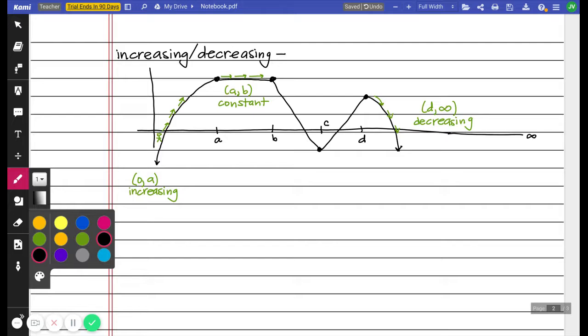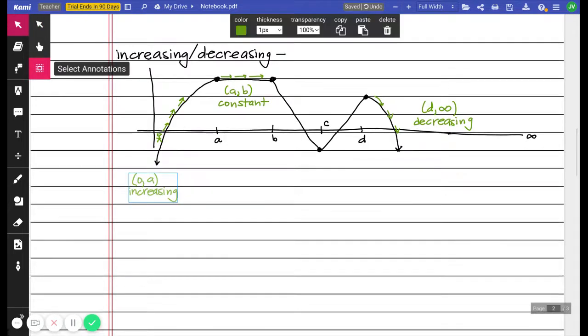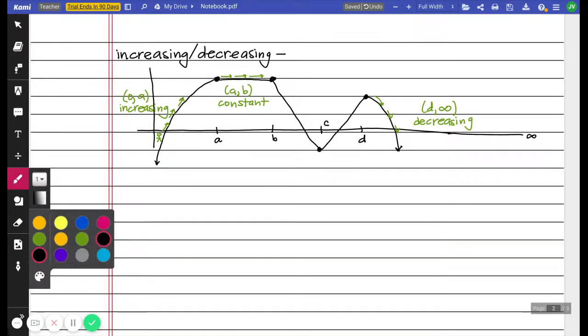So that's kind of our information about increasing and decreasing. It's all about just reading the graph and picturing what our little person would be doing. I'm going to move that just so I have a little more space to write. Hopefully your notes are working out okay. Next thing we're going to talk about,